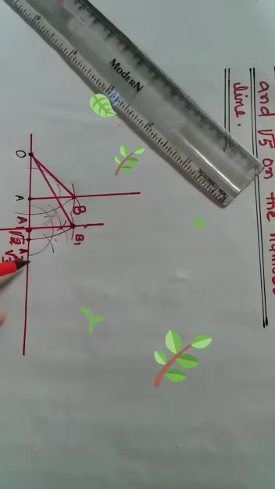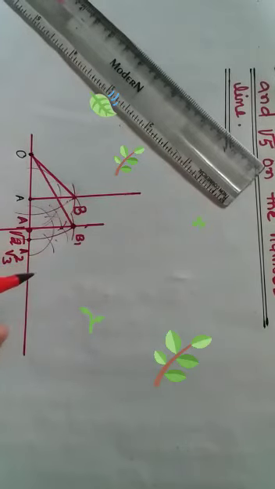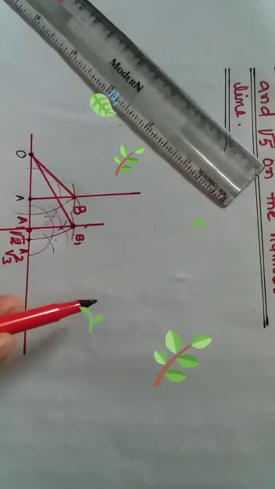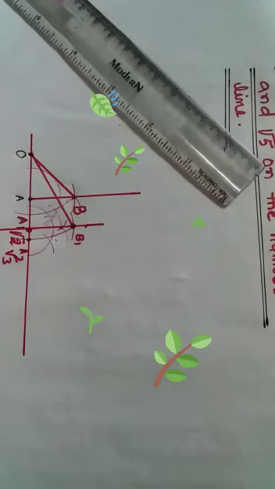You draw a perpendicular, A2 B2. Okay, then you will be able to get the value of how much? Root 4, that is 2. From that one again you continue the same step and you draw A3 B3. Okay, and you will be able to get the value of root 5. Is that okay? Do you understand this part?